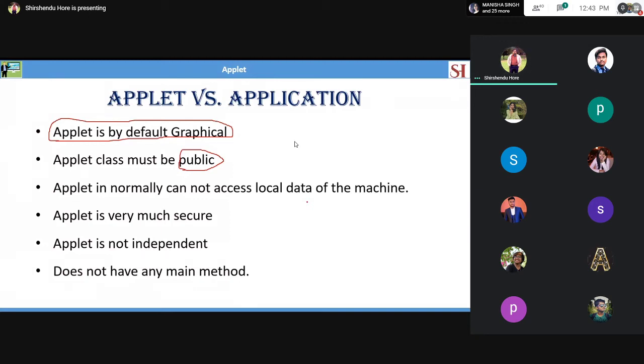If the class name is preceded by the keyword public, that means that the class name and file name must be same. But if there is no public keyword, in such a case the class name and file name can be different. But for our convenience or for our better understanding, we keep the class name and the file name same.